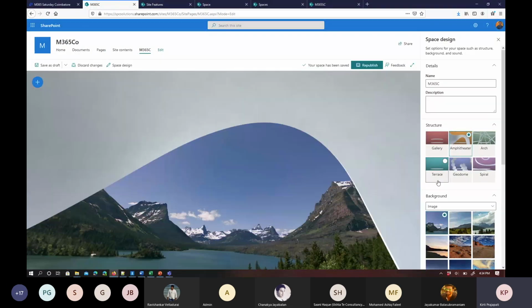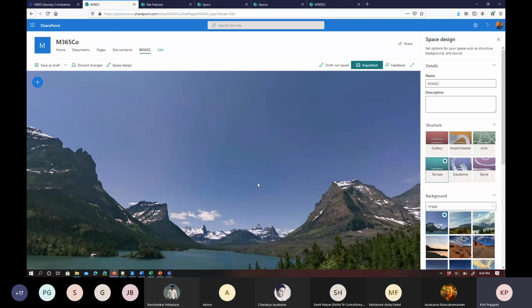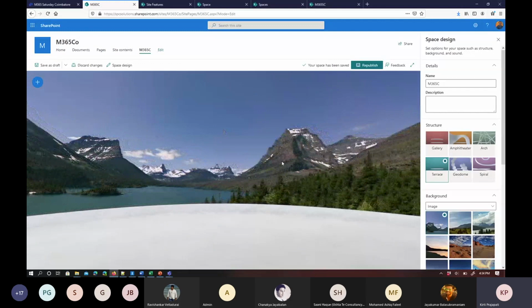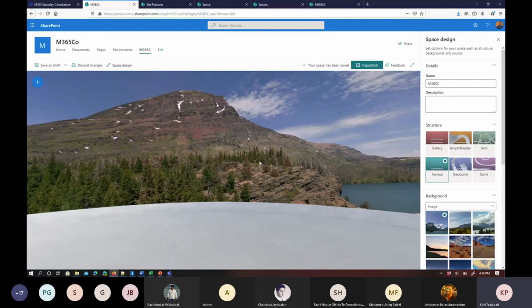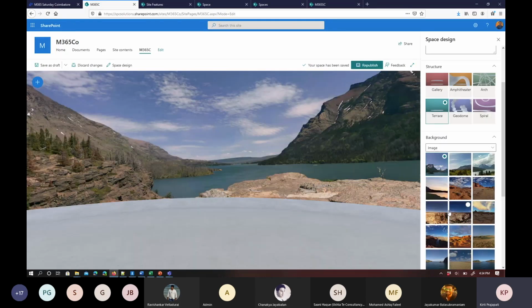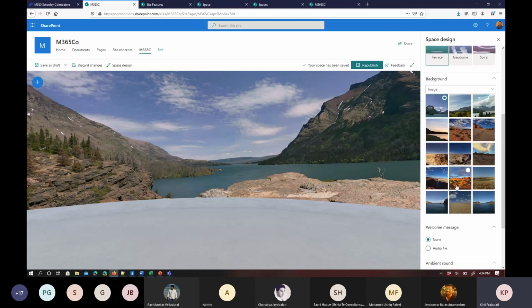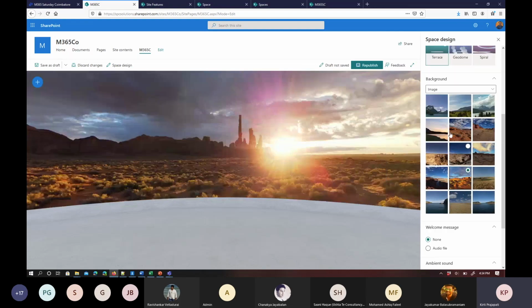And you can have the terrace view, whatever view you like, you can just select from the structure and it is available for you to go through. So I'll go with the terrace one. And if you want to change the background image, by default this is the image, but you can change to any one from this,